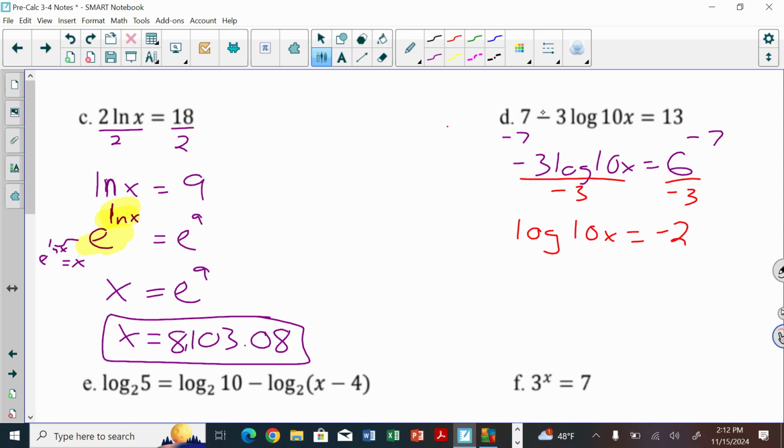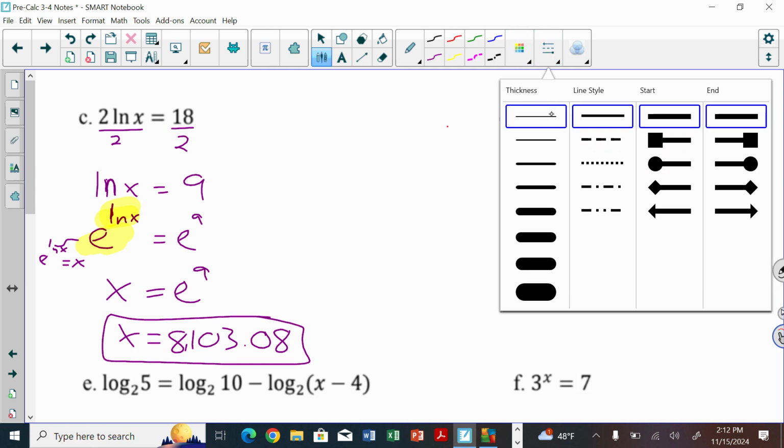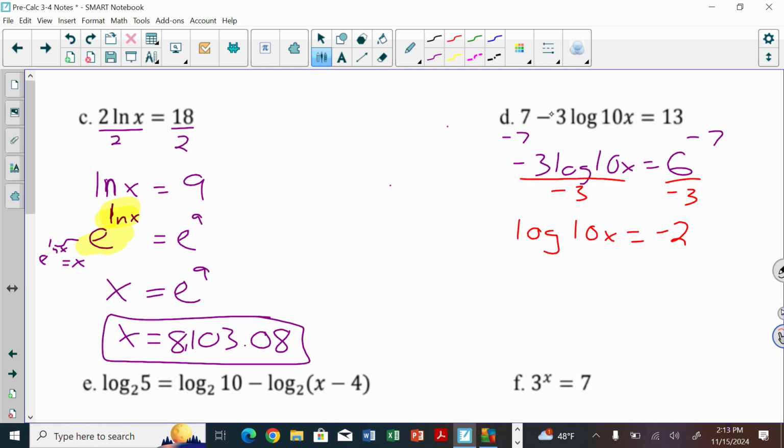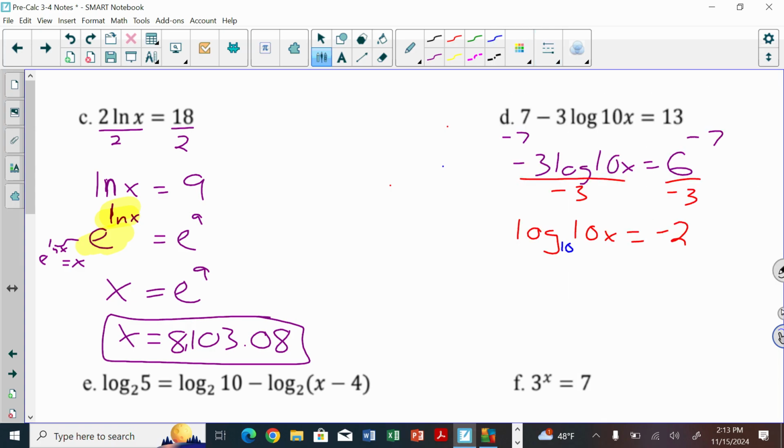Now, what I want to do here is rewrite this in exponential form, but it's key to point out that, remember, if there's no base written, then we assume it's log base 10. So when I rewrite this from log form to exponential form, I'm going to say that it's going to be 10 to the negative 2 power equals